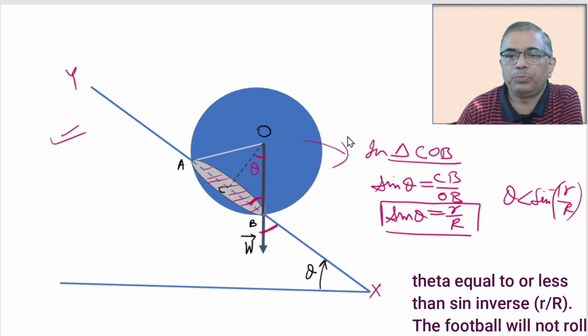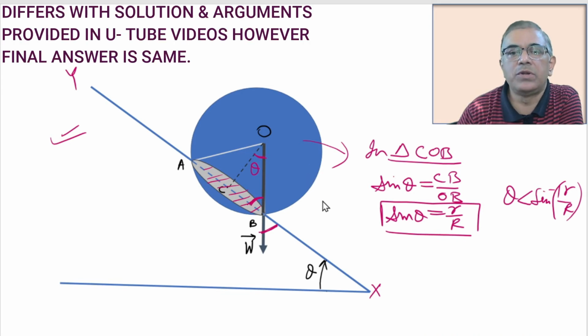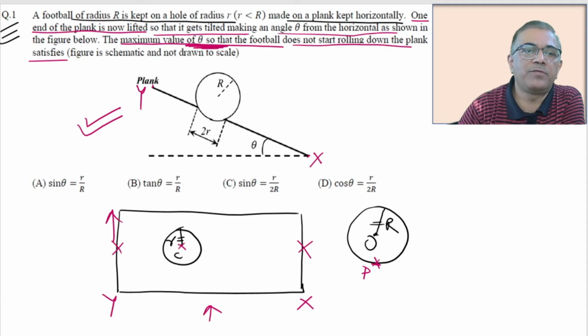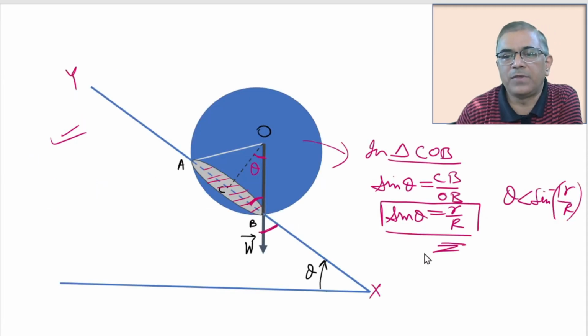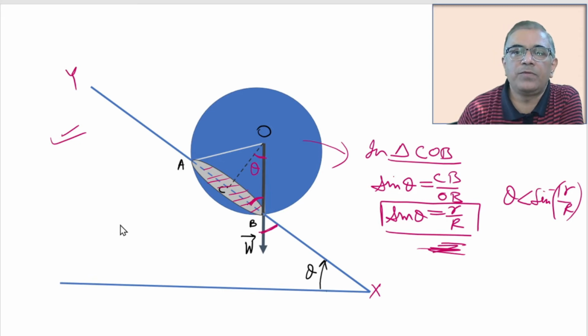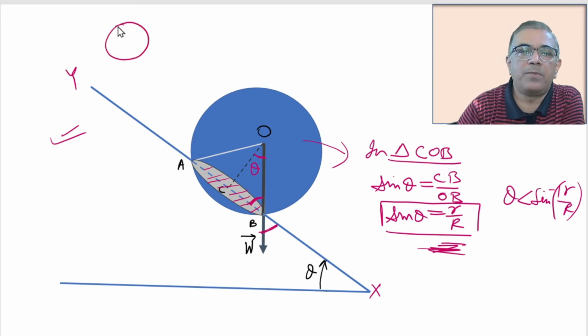But as I told you, I differ with this argument. Though this answer matches with one of the options given in the problem, I do differ from this particular argument. You see, when the football rolls over a plane, this is a football, or this is a sphere, and this is the plane. Then you notice that the rolling condition requires that the line joining the point of contact to the center,